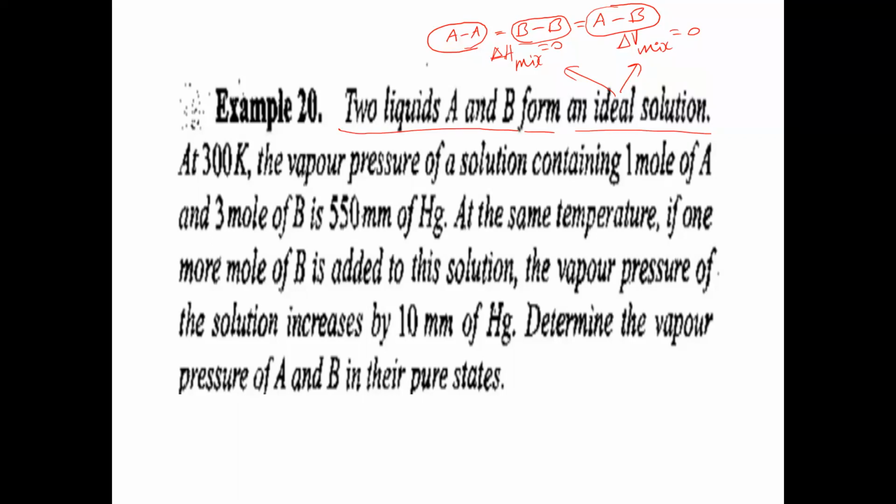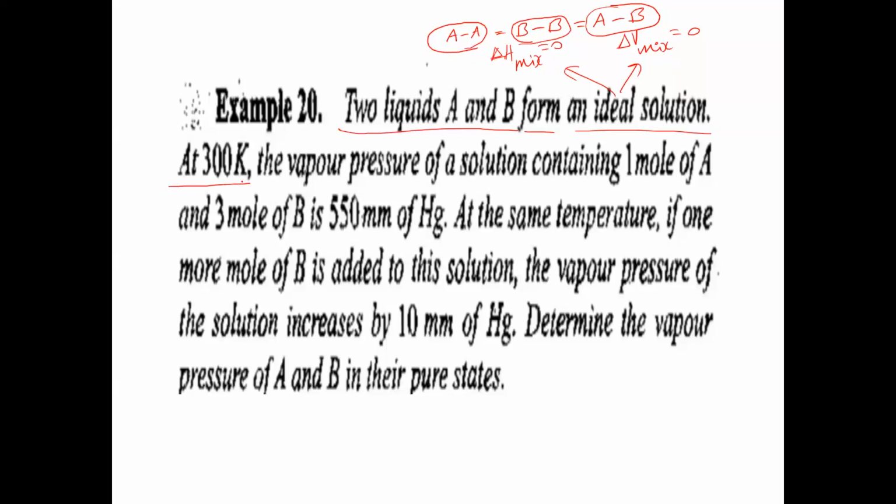But after mixing we get a solution. This AB solution has molecules of A as well as molecules of B. Between molecules of A and B there will be some attractive forces, interactions between A and B molecules. This type of interaction is called AB interactions. AB interactions mean solute and solvent interactions. In ideal solutions, the magnitude of the solute-solvent interactions is equal to that of BB interactions and AA interactions. Now we have mixed two liquids A and B to form an ideal solution.